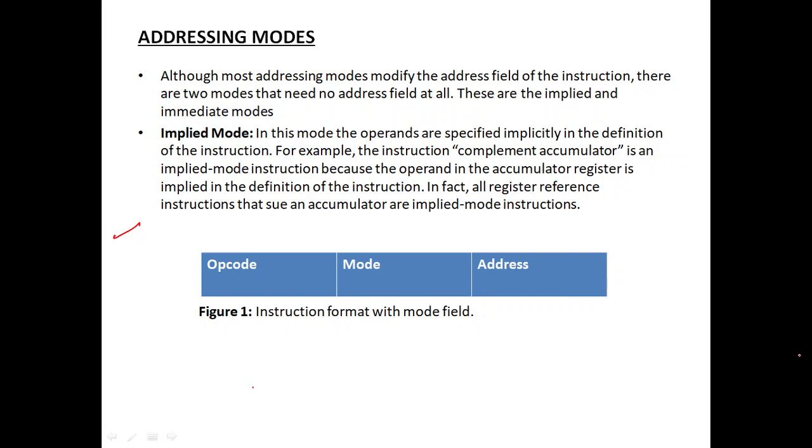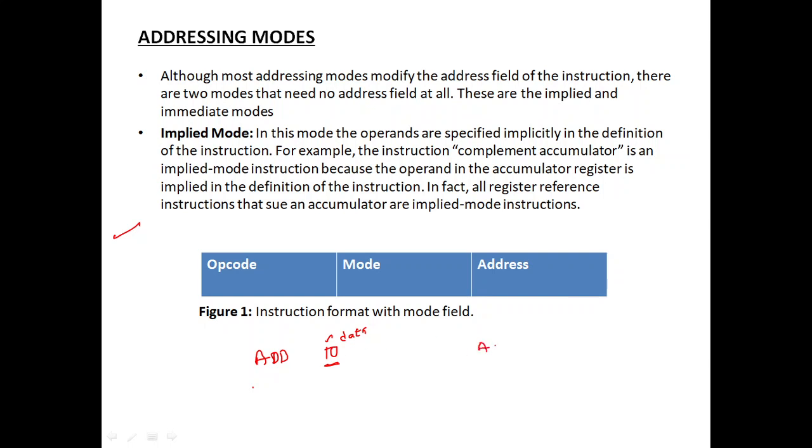Suppose I say add 10. Add 10 means I am directly giving the data over here. To which is this data going to be added?